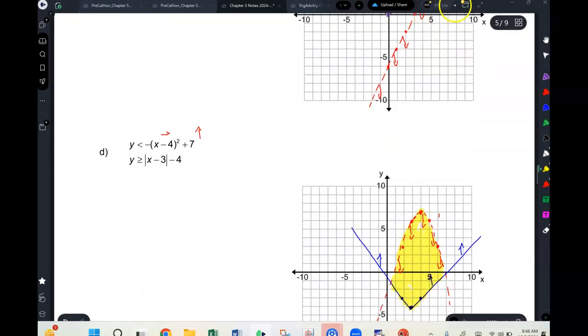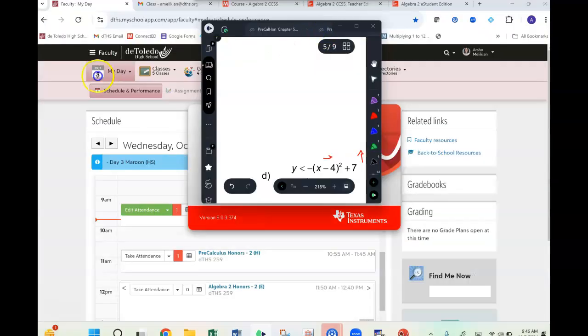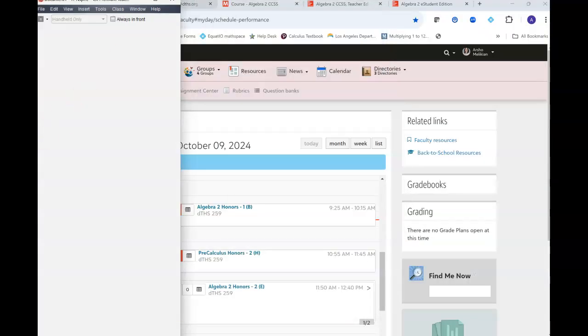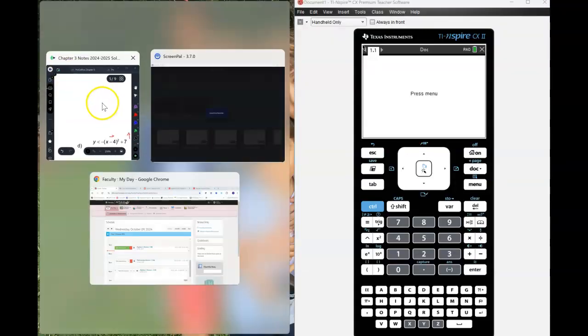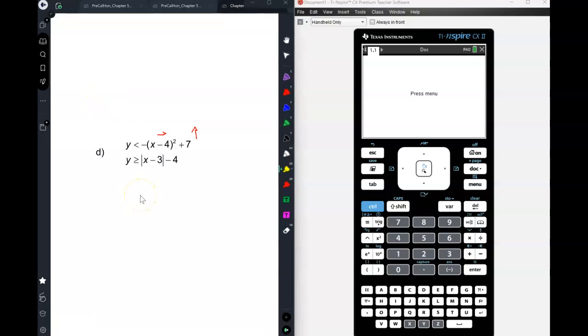So again, there could be any variation. It could be the parabola and a line. It could be an absolute value and a line. It could be any combination. Okay, so we're going to press the calculator button twice. Go to this